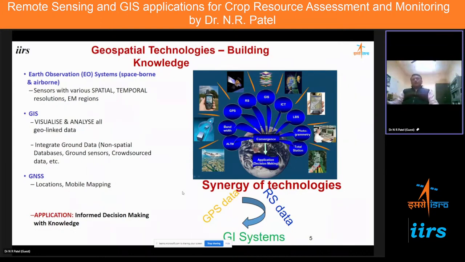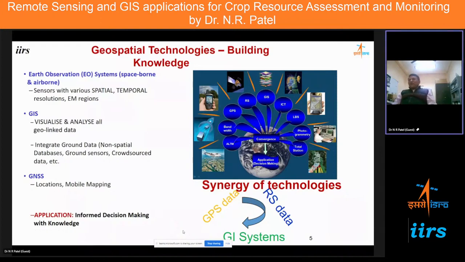So these are the things which are there: GNSS, location mapping. Then all these three together can help for informed decision making. Informed decision making means you can integrate those data and finally help farmers or policymakers to pass on information about